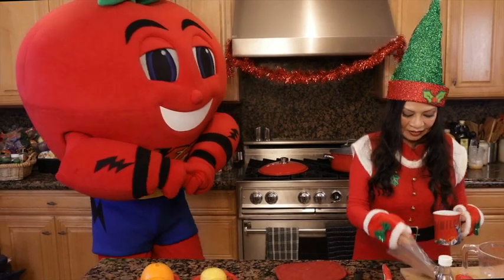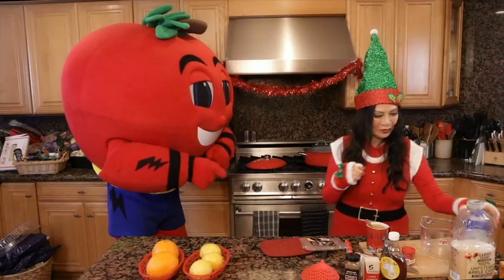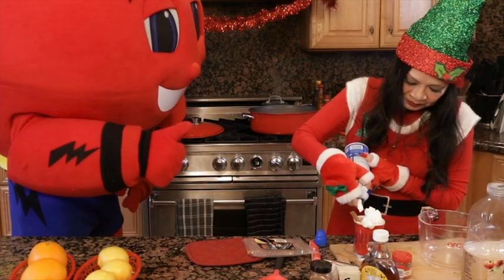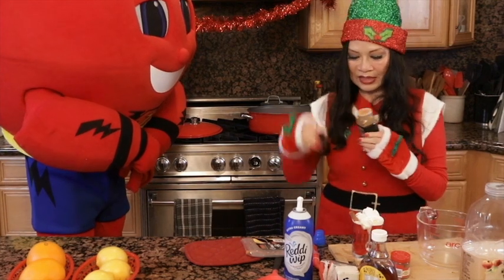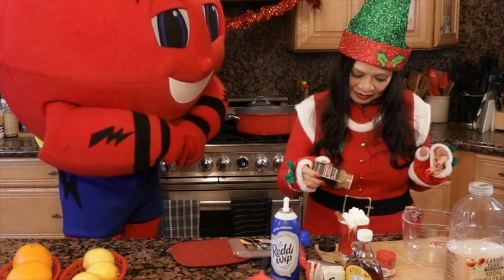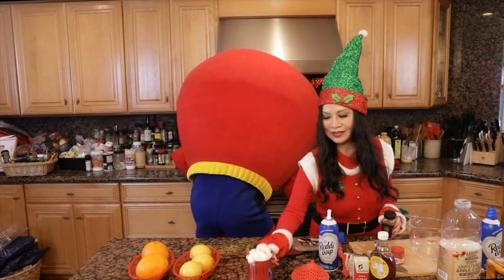And to make it look pretty, you can take a cinnamon stick and stick it inside like this. And if you really want it to be cute, to make it look really pretty, I'm going... There. So then, what looks cute also is you could take a little cinnamon or grated nutmeg. And there is your...